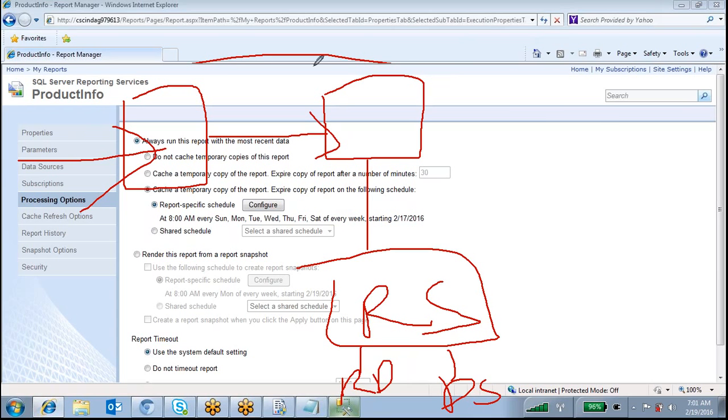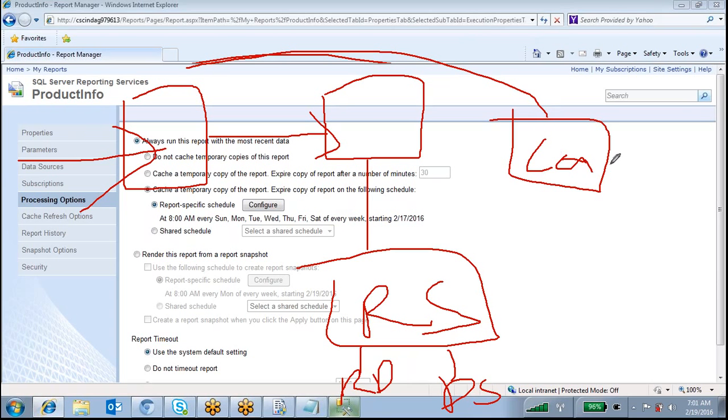The second time onwards, it is coming from cache memory. But what about the first time? If it is taking too much time the first time, definitely the user doesn't want to accept these kinds of scenarios.